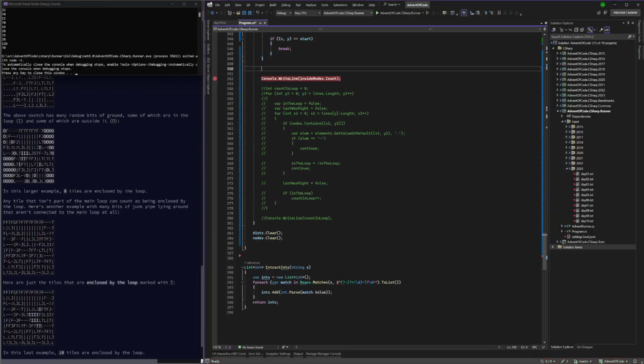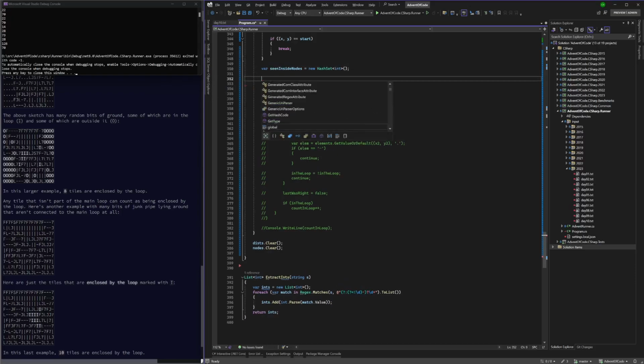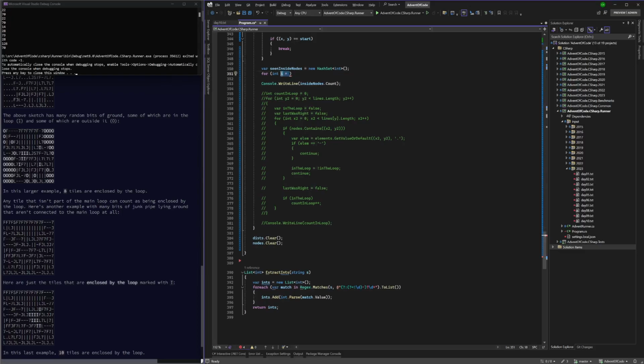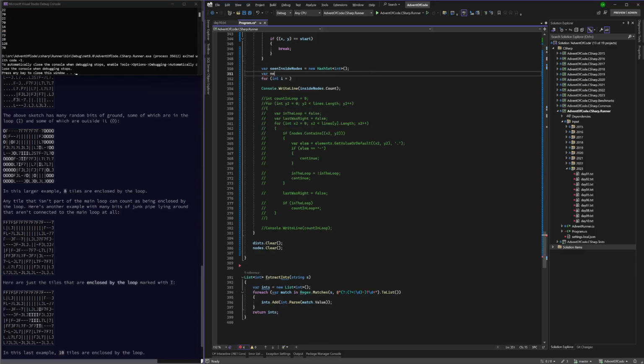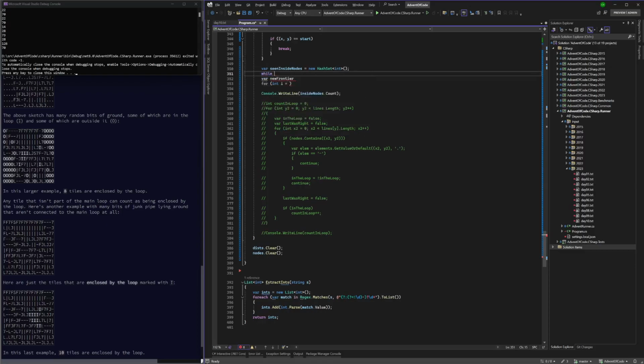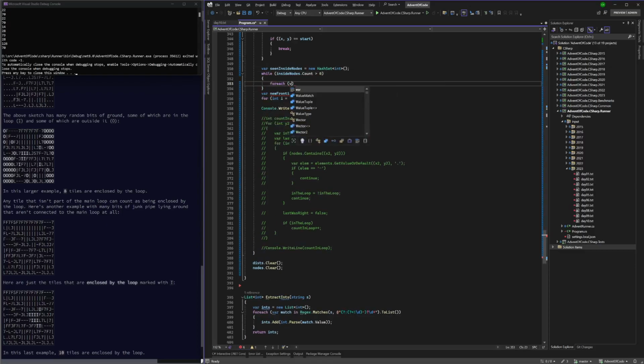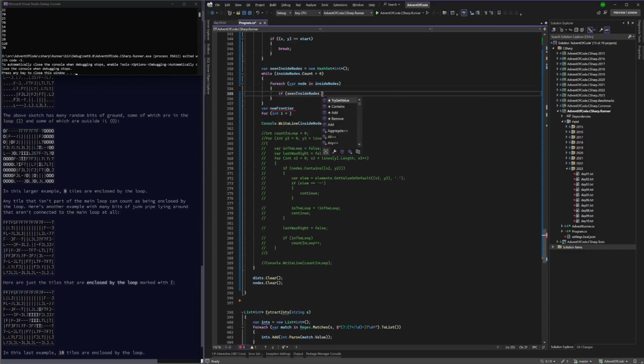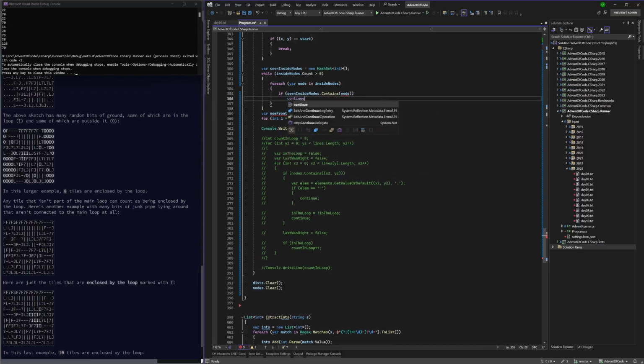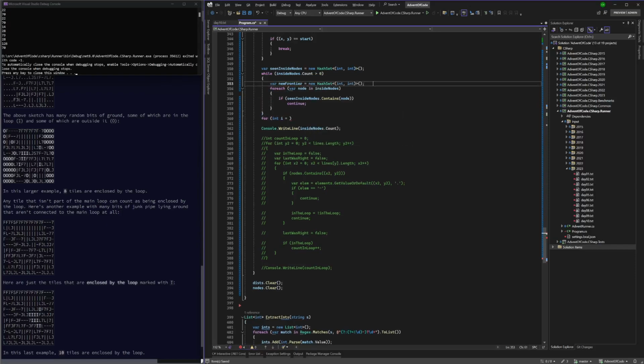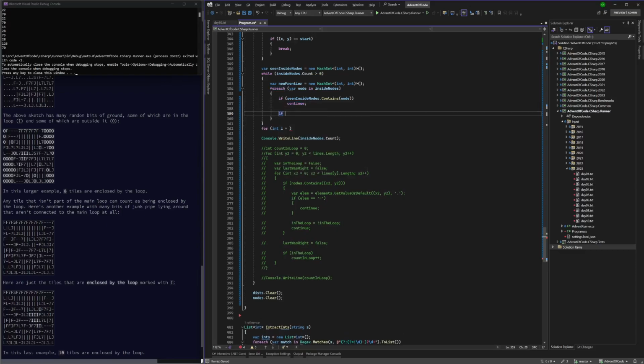Okay. Then I'll go frontier, far scene inside nodes. And then go, come on. Okay. If node